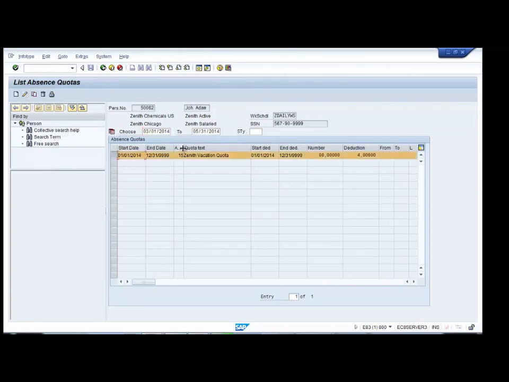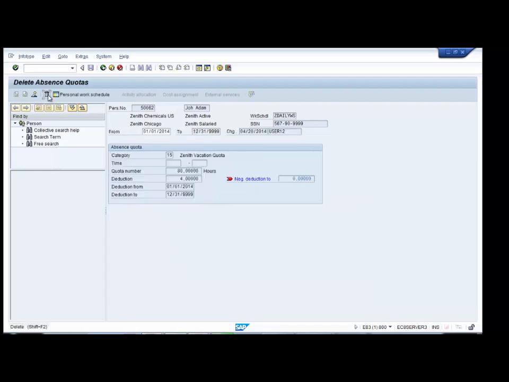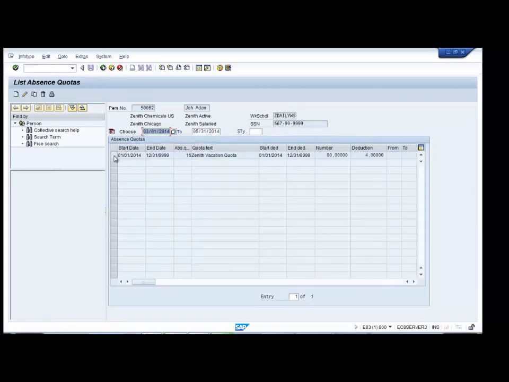So what quota have I created? If you remember, I have given the number 15, which is our absence quota number 15, and this is the start and end. Let me delete it and show you again how to create it. Okay, record already deducted. Yeah, because I already applied an absence and the record got deducted, so it is not allowing me. That is good. But anyway, let me show you what I have configured here. This is the absence quota I have given, and I manually entered the number 80. What is this for? It shows how many hours in total have been deducted. Let us apply a leave and then come back and see whether some more hours have been deducted. So this is the quota, not the absence type.